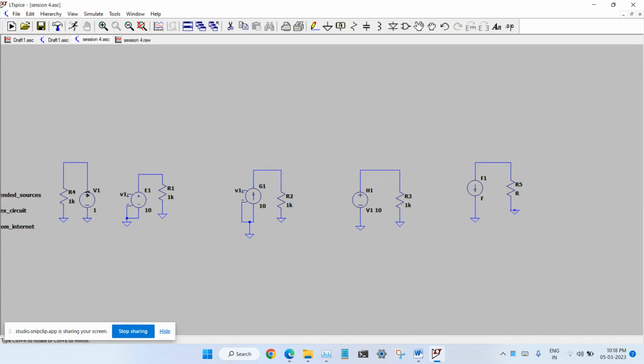Now we connect the grounds, and here also the value of F should be given as